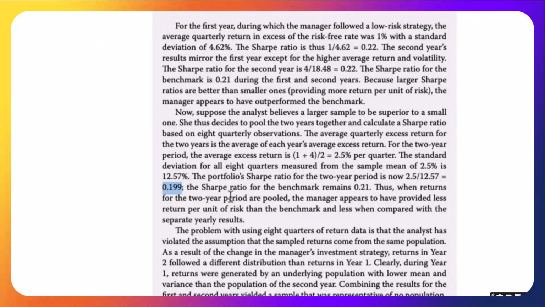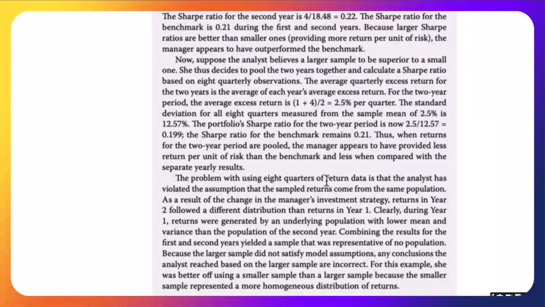Thus, when returns for the 2-year period are pooled, the manager appears to have provided less return per unit of risk than the benchmark, and less when compared with the separate yearly results. All from sampling a different way, we get a different result. If we sampled each year and calculated a Sharpe ratio for each year, we outperformed the benchmark in both years. But when you pool them all together and you say, well, let's do a Sharpe ratio over a 2-year period, we underperform. The problem with using 8 quarters of return data is that the analyst has violated the assumption that